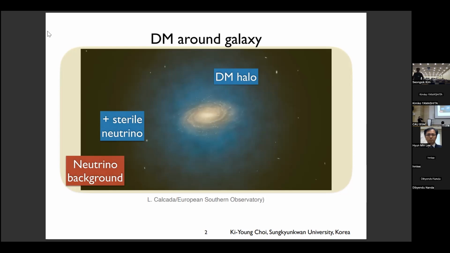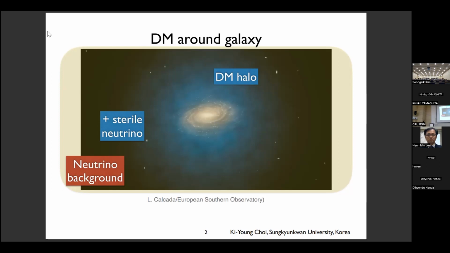To observe dark matter is one big mission. Another one is that there must also be a neutrino background, like the cosmic microwave background, which decoupled from the early universe. In the same way, neutrinos were in thermal equilibrium in the early universe and decoupled at a temperature of around 1 mega electron volt, and exist all around the universe. We still haven't observed this neutrino background, but we believe this cosmological neutrino should be moving around our galaxy.